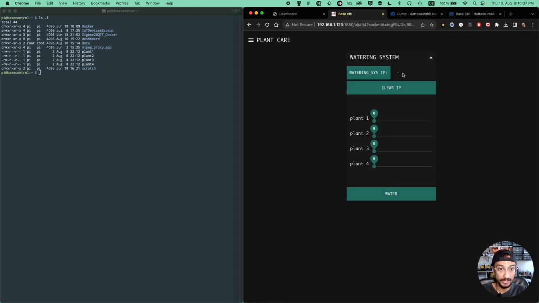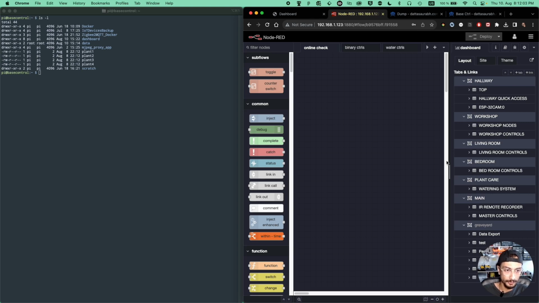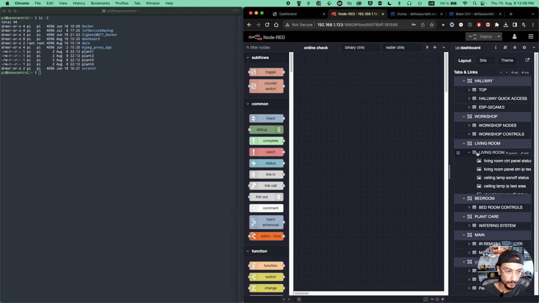Plant, I haven't connected it up yet, but essentially what you can do is define, I designed it because I had like 4 big plants back in Beijing. I think I need to add one. With these controllers and sliders, you can control for how long in terms of seconds a pump should stay on. So I love Node-RED, and you can see how I have organized all of my rooms